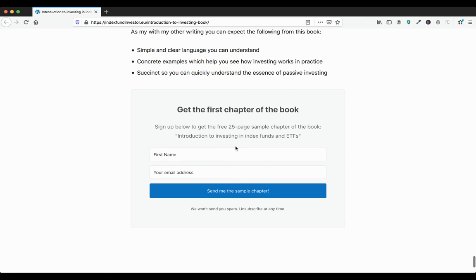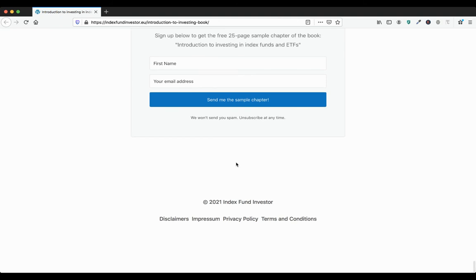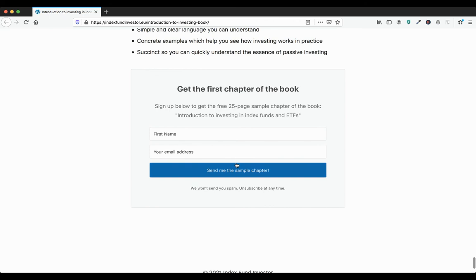And having a call to action to subscribe and get a free chapter is good here. Although, from the advice that I have read, I would wonder if it makes sense to put the buying of the